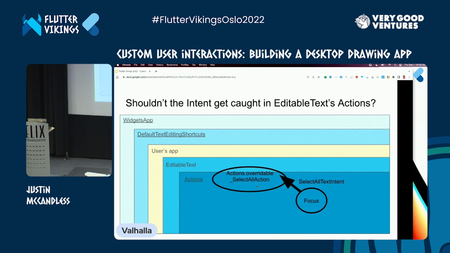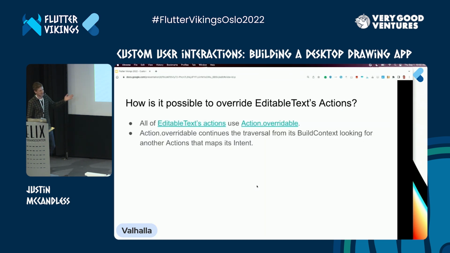That's a special case of actions, so that was a little bit of a trick question. But we use something called actions.overridable within editable text. You may have seen that when I opened up the source code, but every intent to action mapping inside of editable text uses actions.overridable. So what is that? It basically says, we want this action to be overridable by something above it. So if you find this mapping and it's actions.overridable, keep doing the traversal and see if you find anything else